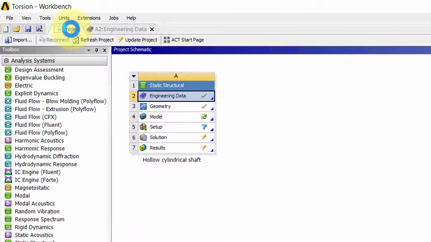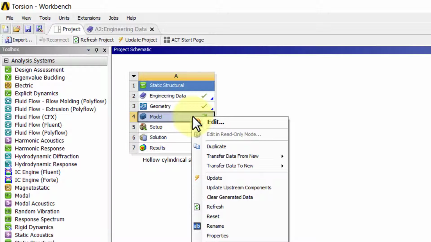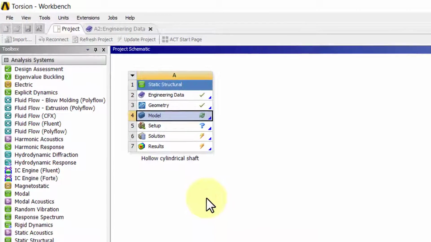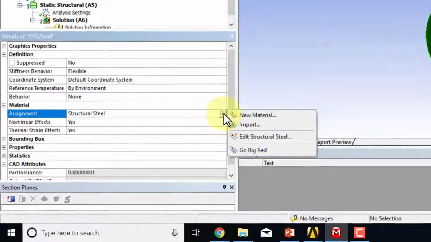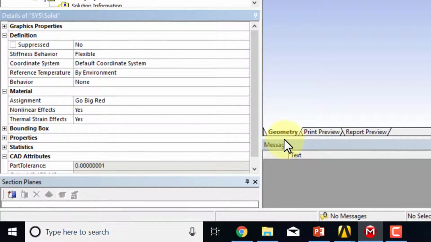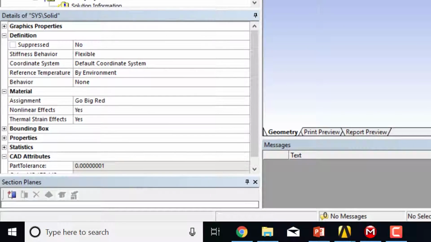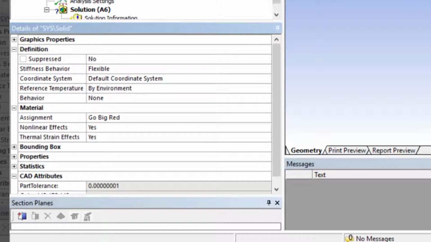And then if I go to the project tab, it says, hey, you've made some changes upstream. Do you want it to propagate downstream? So I will right-click on Model and say refresh. And now if I come back here, I should be able to select Go Big Red. So now it has E equal to 202.8 gigapascals, and it has nu equals 0.3,